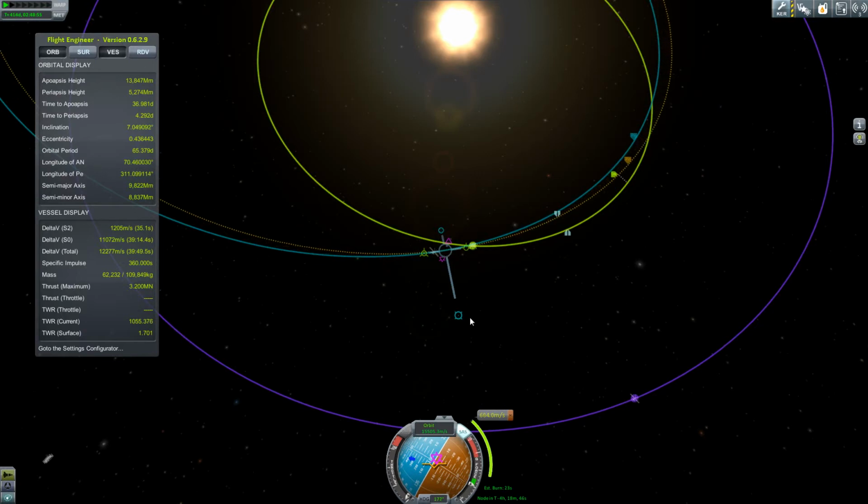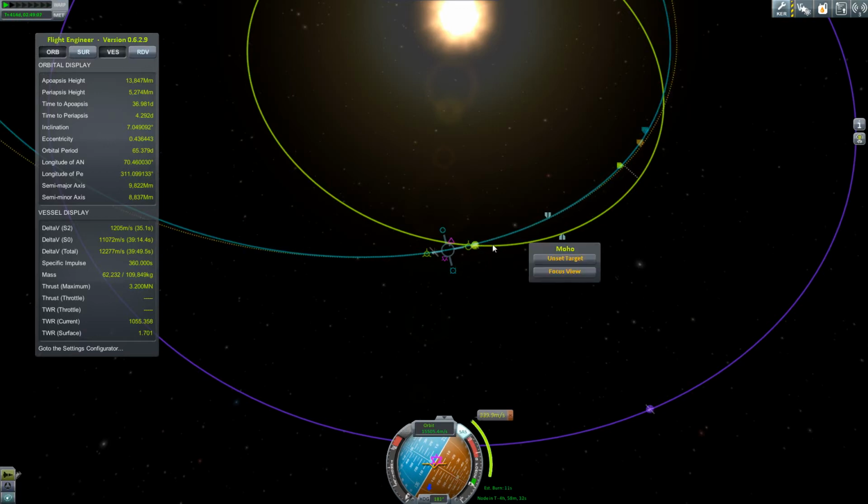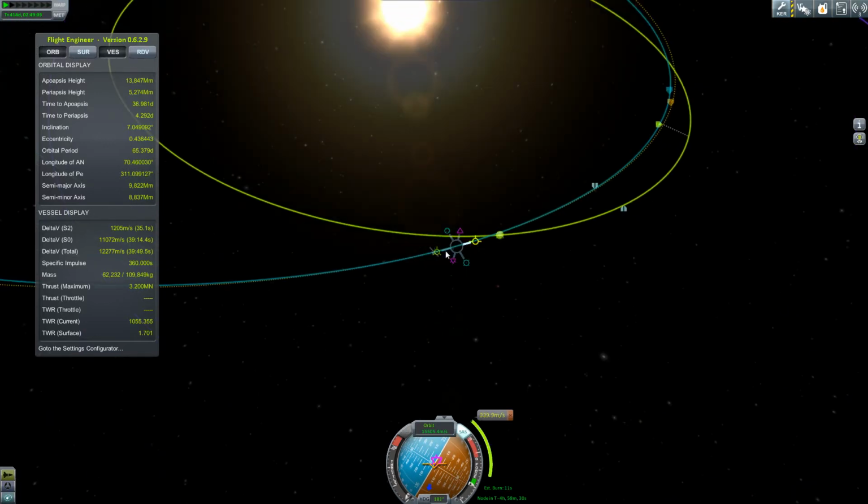Well, let's see. If we do this a bit. That's a long burn. I'm trying to think. What else could we do? It's not going to be one of these toggles. Definitely not. No, let's see. Yeah, I think we'll just have to...